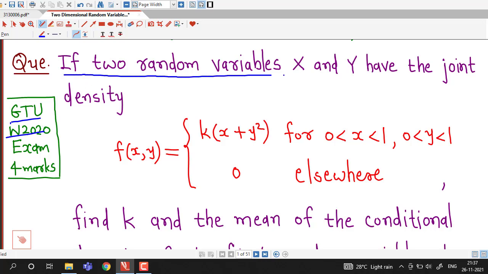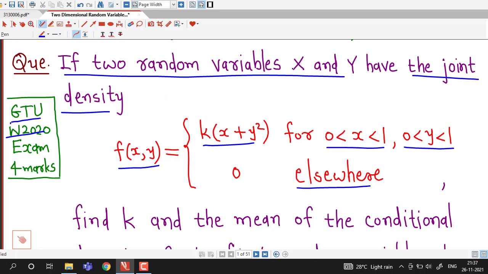If two random variables x and y have the joint density f(x,y) equal to k times (x plus y) square, when x is between 0 and 1 and y is between 0 and 1, and f(x,y) equal to 0 elsewhere. So if this f(x,y) is the joint PDF of two random variables x and y, then we have